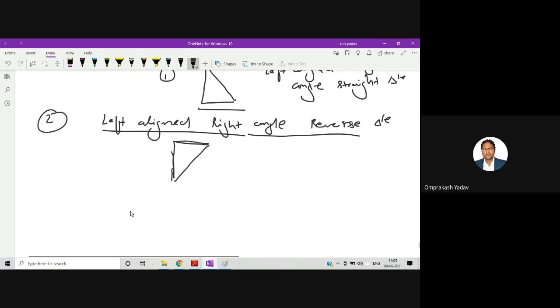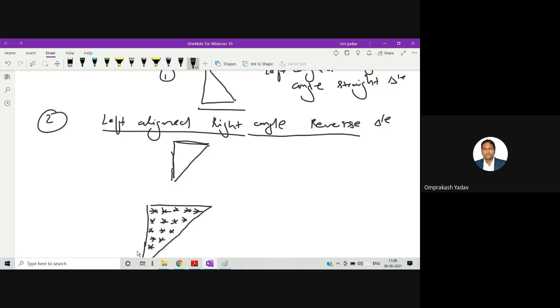Yeah, so for example, if we're going to print the first pattern like this, then this one, right? If you see the shape, it's like this.